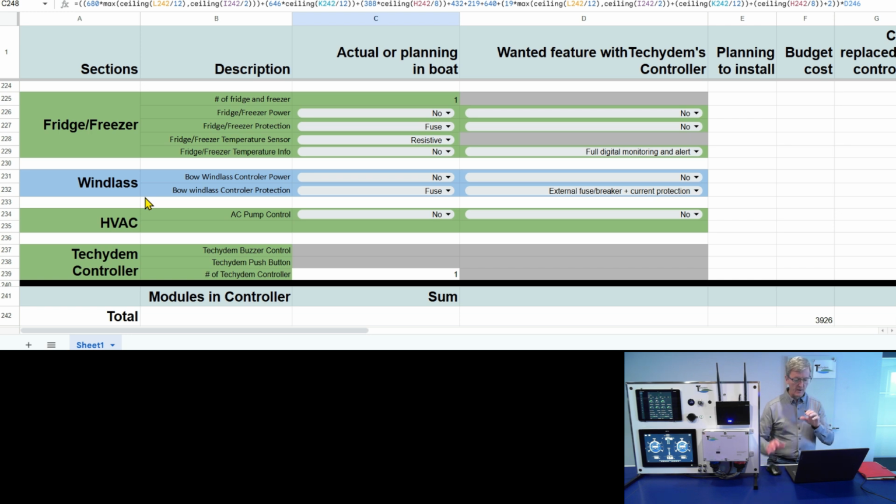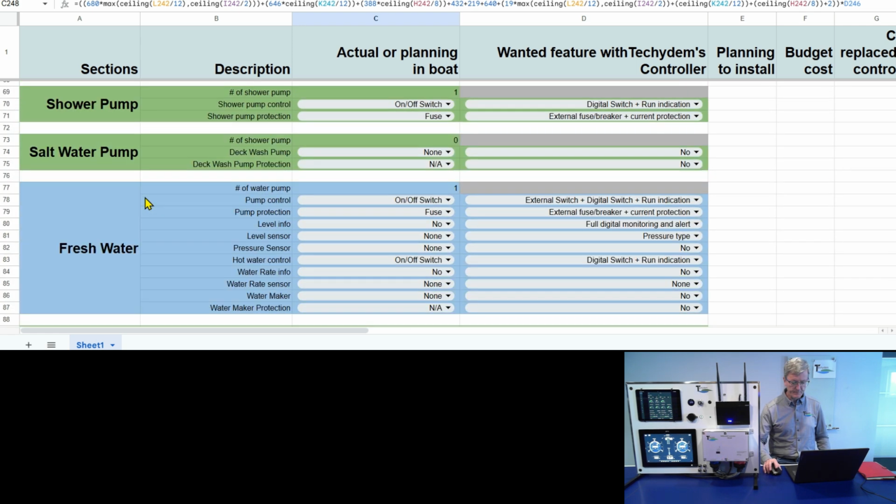So I have created different sections that we normally find on a boat. If you see that you have some equipment that is not there, let me know. I will update the spreadsheet.